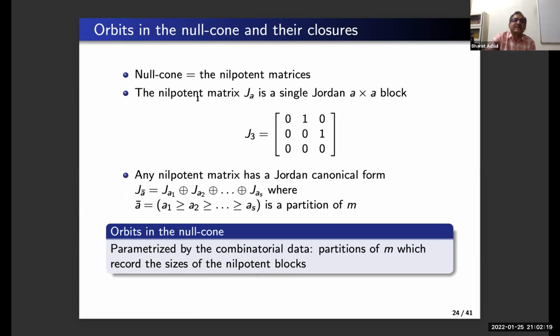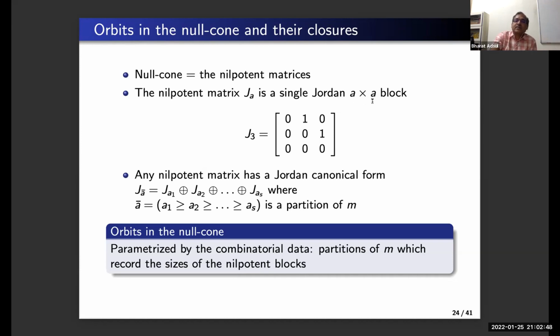Yeah, so let me just describe that. By J_a, I will denote this single Jordan A by A block where all the diagonal entries are 0. So this is a nilpotent matrix, right, of size A by A. And now the Jordan canonical form will tell us that any nilpotent matrix can be written into this block form. It can be written as blocks of